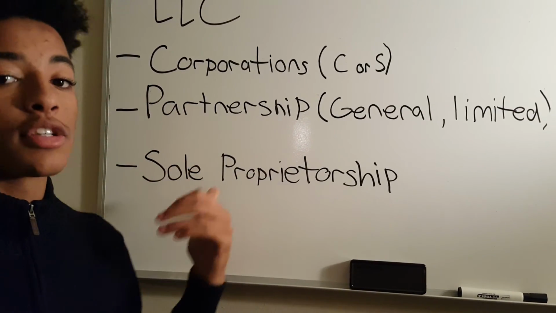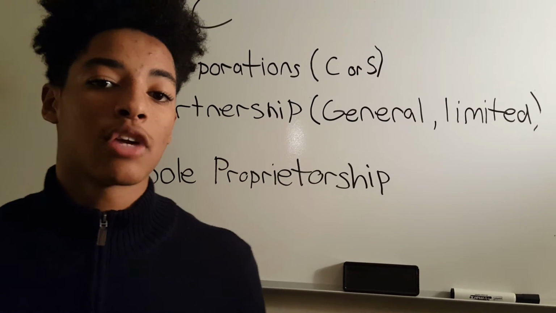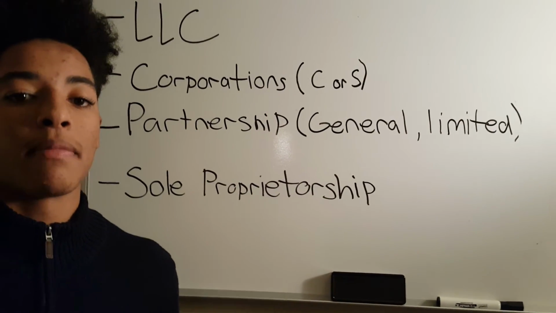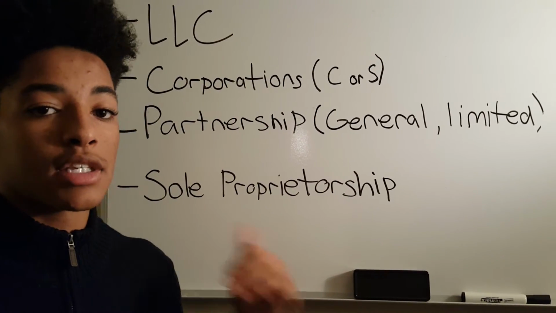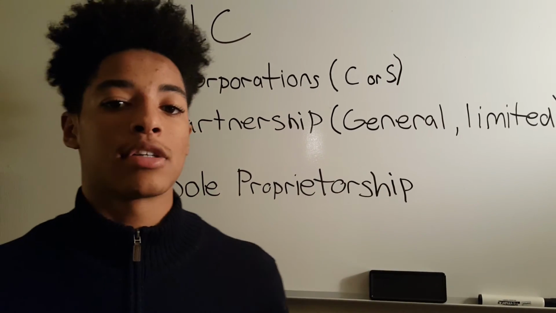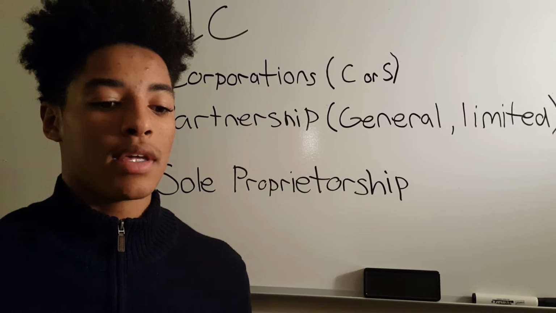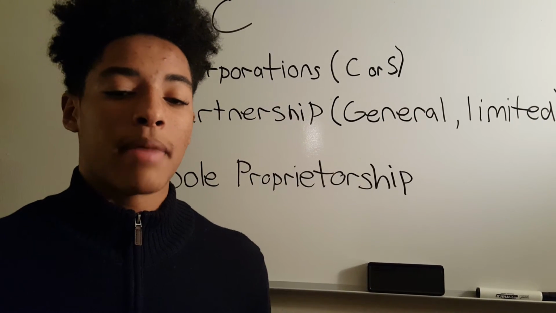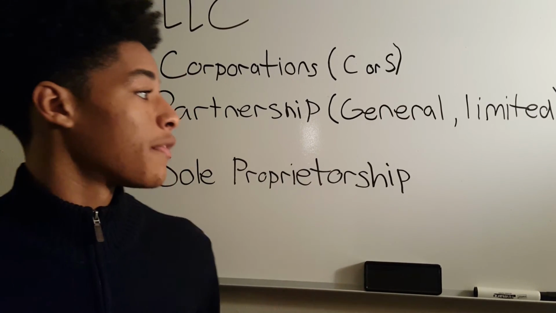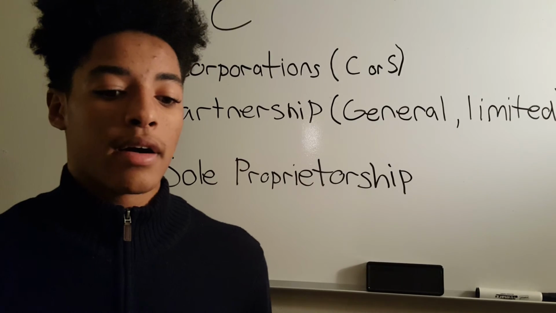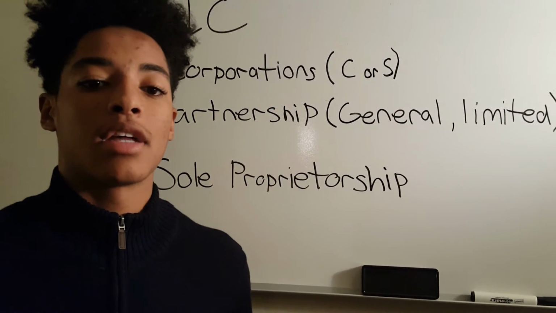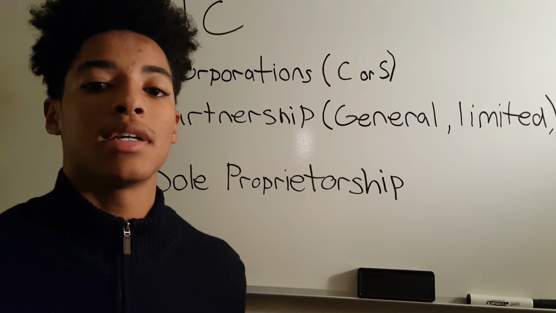Next, I'm going to talk to you about partnerships. There are two types of partnerships: general partnerships and limited partnerships. Both of these partnerships are pass-through tax entities like LLCs and S corporations. But the difference between a general partnership and a limited partnership is that with general partnerships, the management responsibilities and the liability are divided equally between the partners. With limited partnerships, it's also known as a limited liability partnership because all the partners have limited liability